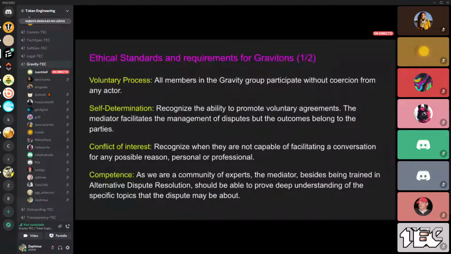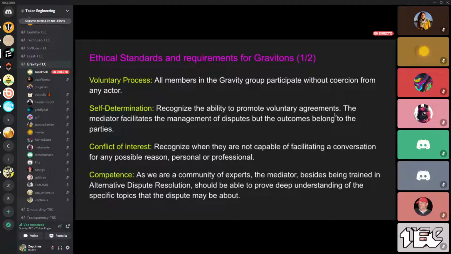If they feel they are not comfortable with this, then the legitimacy of the agreement that we are going to reach is in doubt, and that makes the whole process more difficult. So we have to understand that we cannot coerce people into managing their disputes through these mechanisms. This should be something voluntary, and then we should also respect self-determination, the ability to promote voluntary agreements,